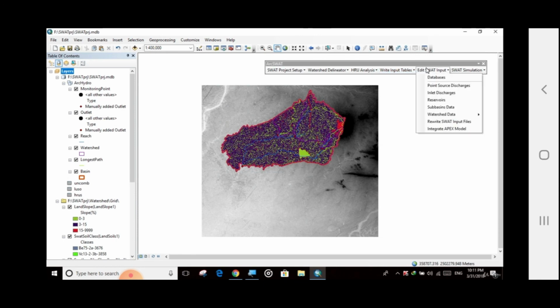Now we need to understand edit SWAT input. This section contains options to change the methodology of a simulation and many other things. Let me cover this section in a next video: how to edit your SWAT input data. Sometimes it is not required, but you will get soil information from this data, the local soil names, the soil properties.